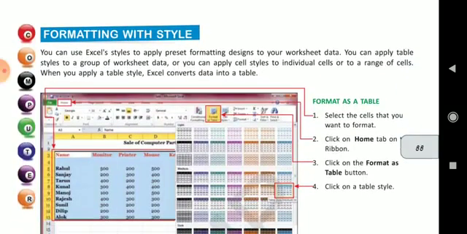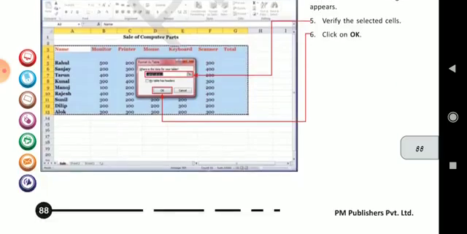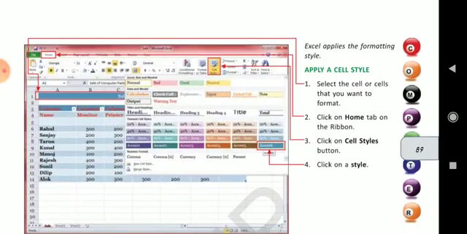Formatting with style. Again, format as a table. You can change your whole data in the form of a table, and you can also change the table formats here. Clicking on the home tab and format as table. Under that, when you have selected the table, you can change the style also of the cell. Apply a cell style. You can change the style of the cell.